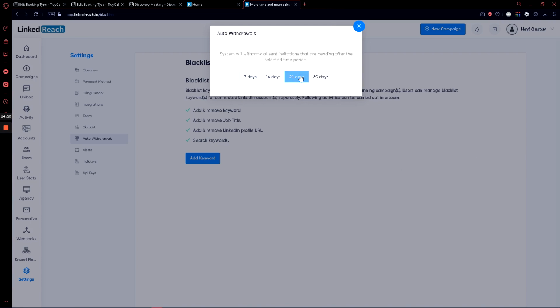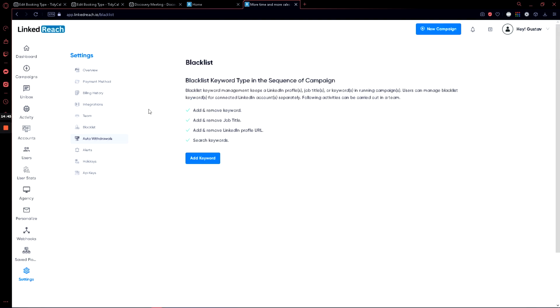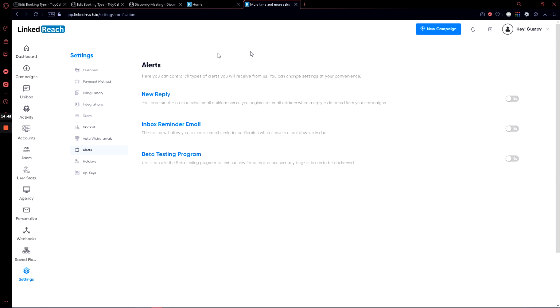I recommend 21 days simply because some people just don't use LinkedIn that much, and maybe they log in once a month at the maximum, and then they'll see your connection request and they'll accept after 3 weeks and log in. But if it goes more than 3 weeks, we withdraw it. Alerts, you can set up alerts so you get a notification if you get a new reply, if you get an email response,